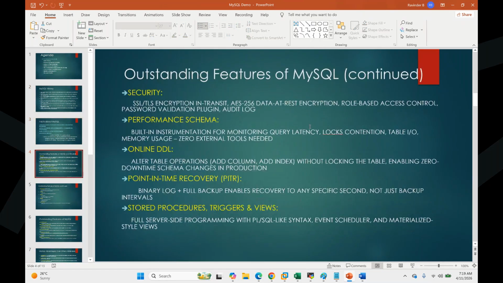Now coming to the actual outstanding feature, this is where we're going to spend more time. Postgres follows the multi-layered security model. When you are creating the user, you will mention the IP, you will mention the network, you will mention everywhere you can connect from.